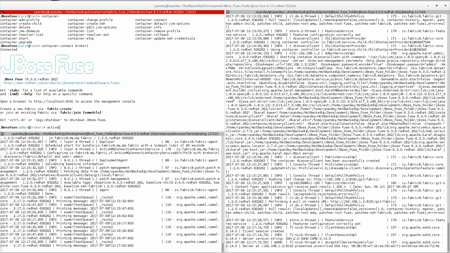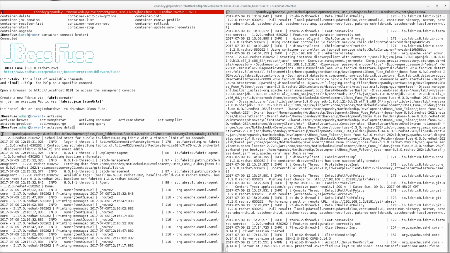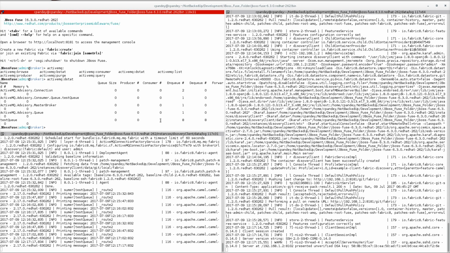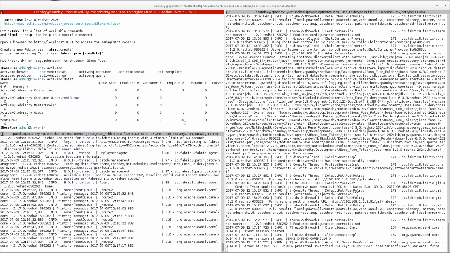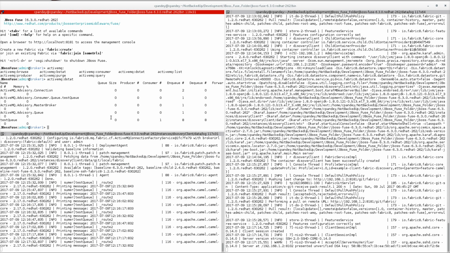Let's say ActiveMQ dstat. So guys, there is one consumer attached. The concurrent consumer is 1, that's why it is 1, and the NQ count is 8 and the DQ count is 8. So it is consuming and dequeuing.